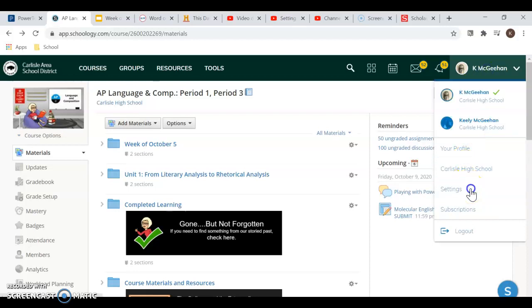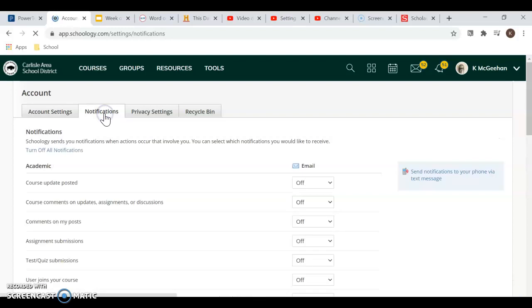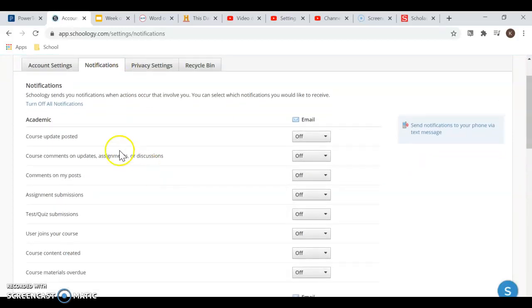In order to do that, you can come over here and click on your username, click on Settings, come up here to the Notifications tab, and then you can scroll down through all of the notifications listed here,